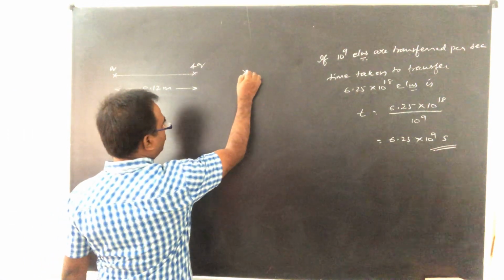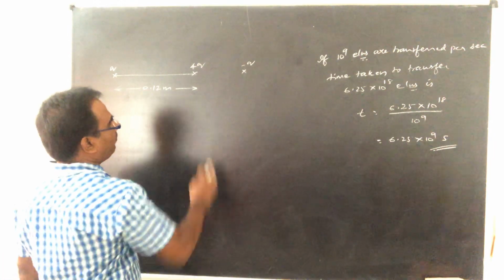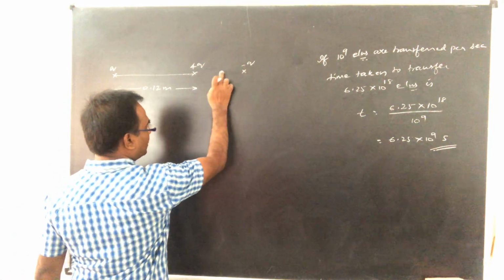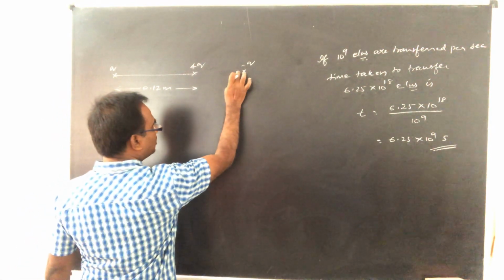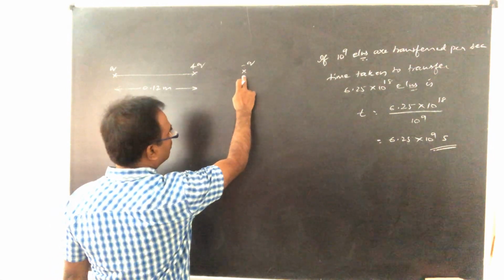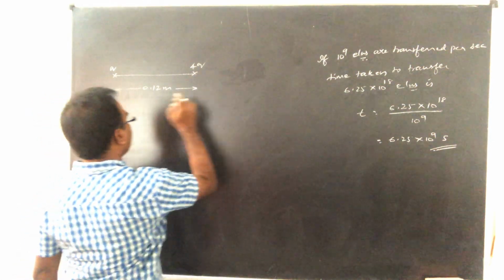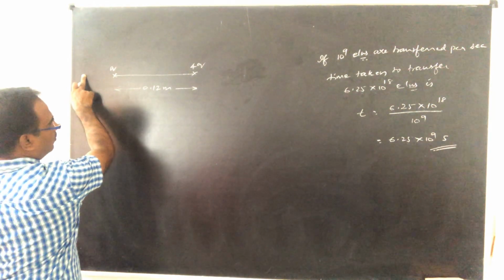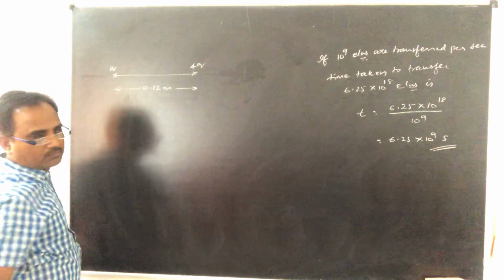Suppose I keep this minus q here, can the force become 0? No, because this positive charge attracts in this direction, and this positive charge also attracts the negative charge in the same direction. So due to these two charges, the forces being in the same direction, the resultant force on this minus q can never become 0. So it can never be in equilibrium if it is placed on this side. Similarly, if it is on this side, the same situation. So when minus q is on this side or this side, it cannot be in equilibrium.